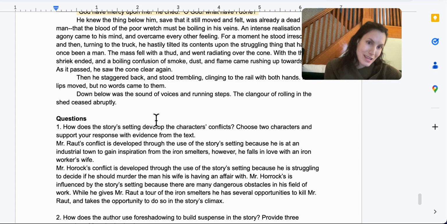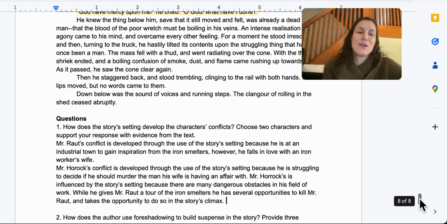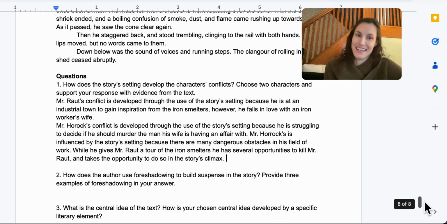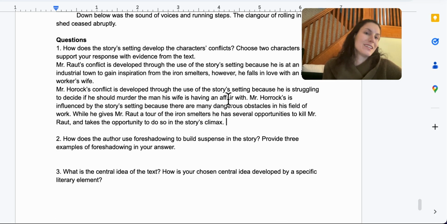So this would be just a rough way we could answer, and just think about how you could always use setting as a way to build a central idea. And we could say here, the setting builds a central idea of using one's workplace to take personal advantages, even though that would be kind of an odd one, because technically Mr. Horrocks does use his workplace to commit a murder. So you could maybe form some type of central idea about how either technology or people's places of employment, they could use them for negative or personal gain rather than for the betterment of the company.